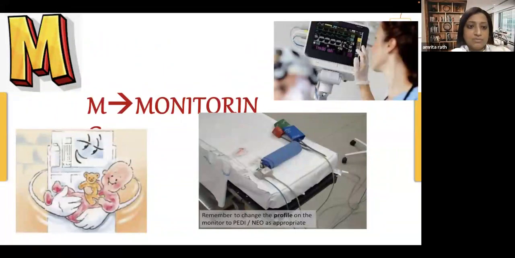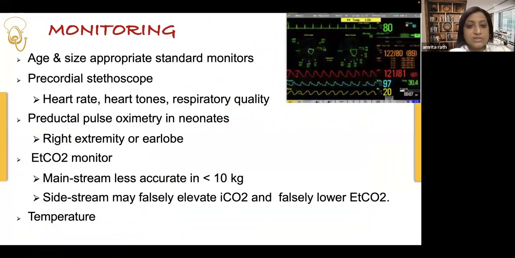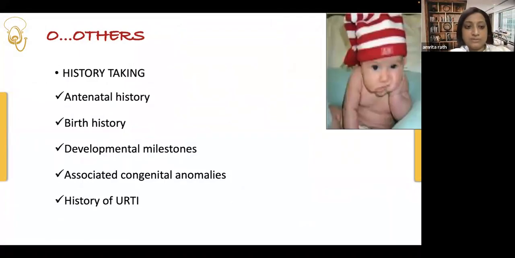Then for M comes the monitoring. Here the problem is the age-appropriate size of the monitor. This is always something you can talk about when you are talking about newborn or pediatric considerations. Especially in cases where you expect a preductal and postductal differentiation, in newborns it is better to keep two probes, because that can give you an idea of any transition of the fetal circulation. Also, there is a problem with capnography. You should use mainstream capnography, though it is tedious and heavy and the chance of dislodgement is there. And last, temperature monitoring is difficult.